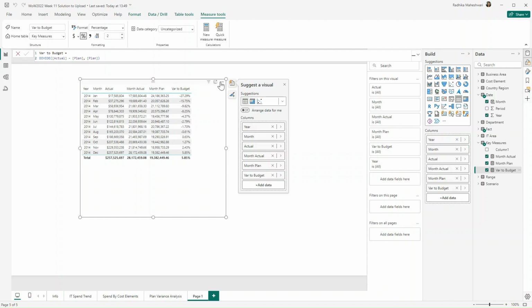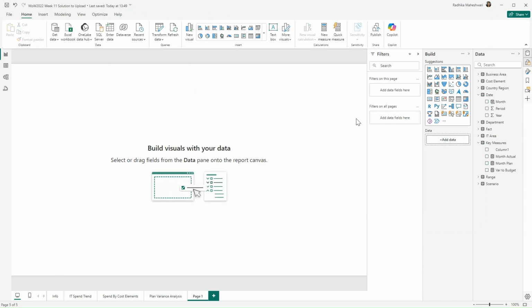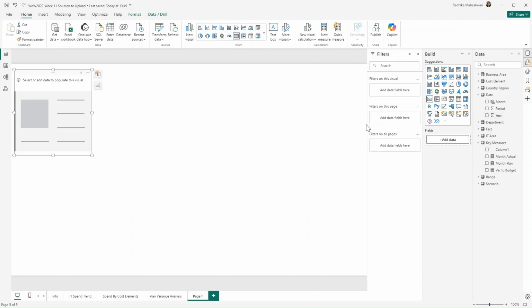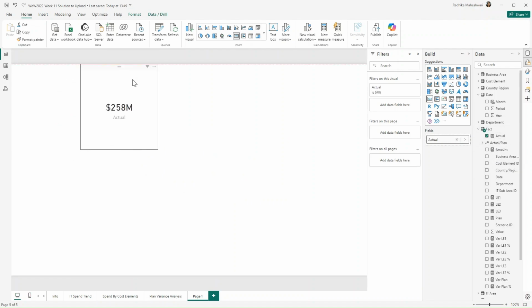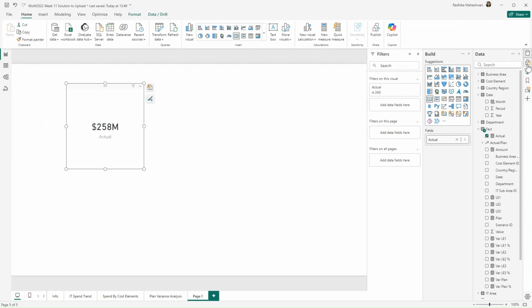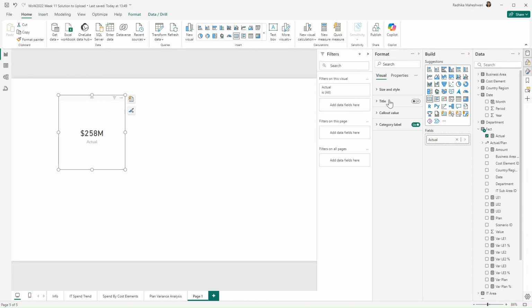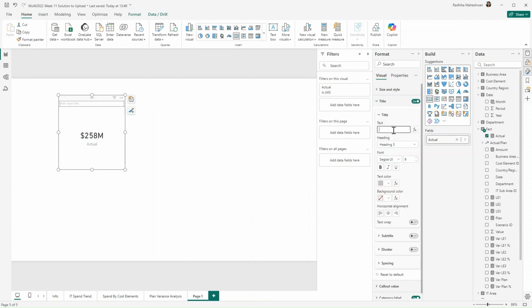Now we can start creating our dashboard. So I'll just remove this as we don't want this table. First, I'll get a card visual, and for that, I'll click here and get the actual. We can just modify this. For that, I'll just do title.